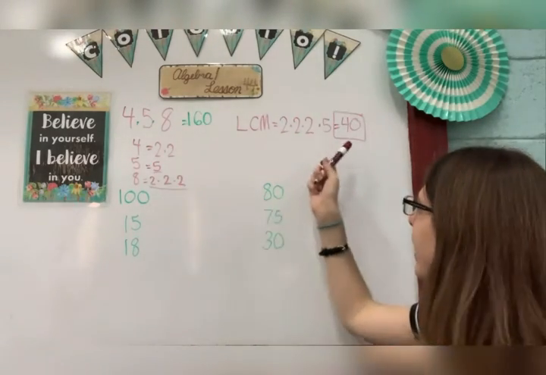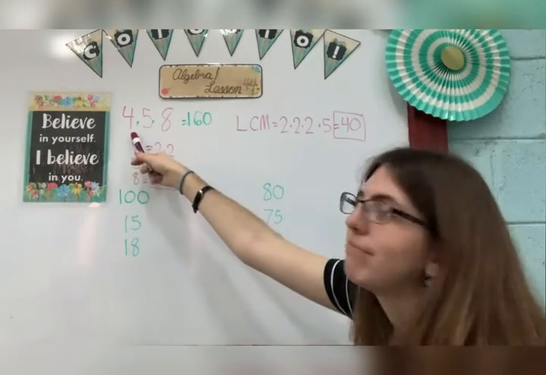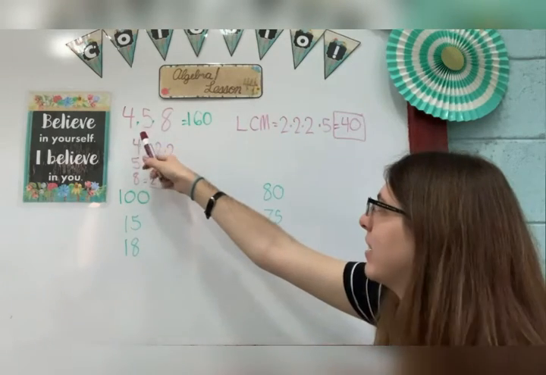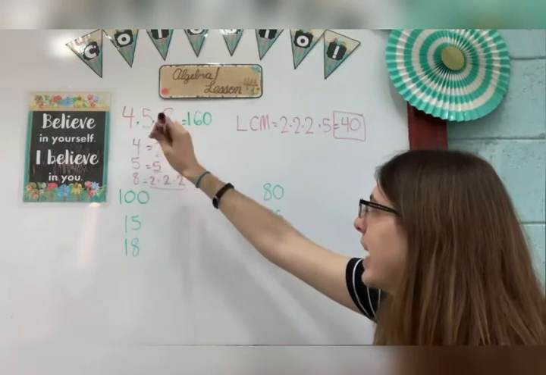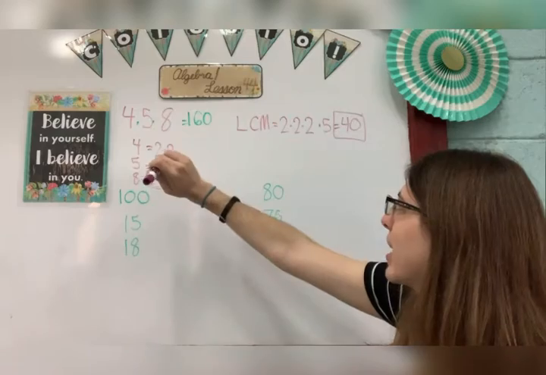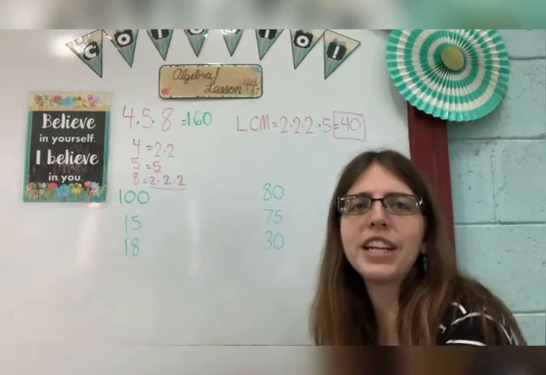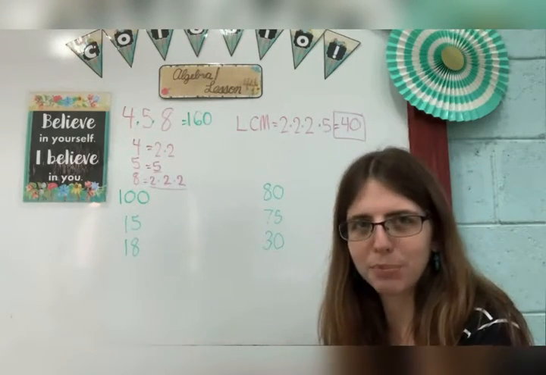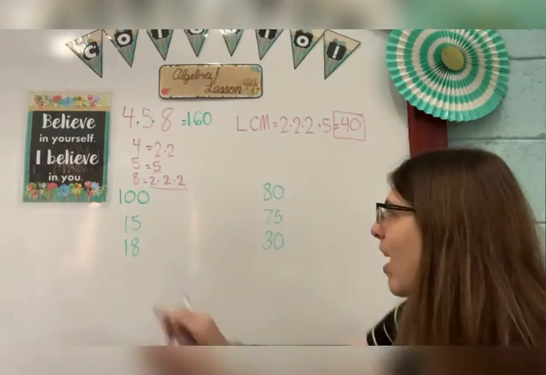Let's just double check it. Can 40 be divided by 4? Yes, you get 10. 40 divided by 5, 8, another whole number. 40 divided by 8, 5. So 40 is your true least common multiple. All right, let's try now